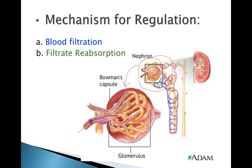That blood cell is too big, so it'll kind of bounce around and navigate its way through this tuft and then back out again. Same thing would be true for proteins. If you're a protein, like one involved in clotting, you don't want to lose your clotting proteins. So let's say this is a clotting protein. They're also pretty big. Those are going to go in and bounce around in here and eventually